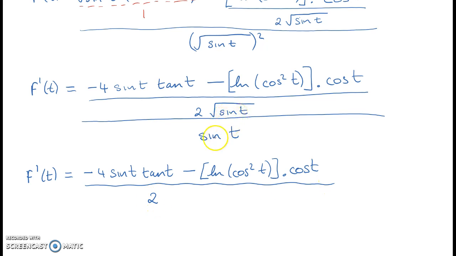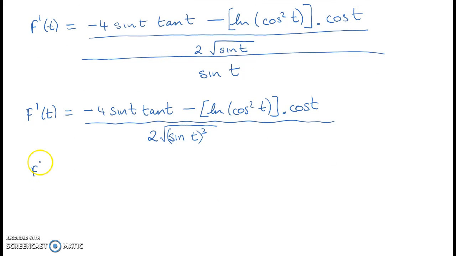Now it's going to be root sine t by sine t, which is, that's part of 1/2, that's part of 1. Add the powers, so 2 times the square root of sine t cubed,